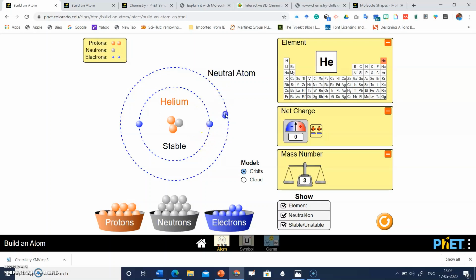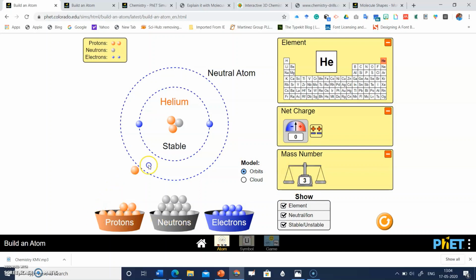And if one electron is removed from the orbit, now this is a helium atom, which is stable and neutral, right? So the mass number here is 3, right?